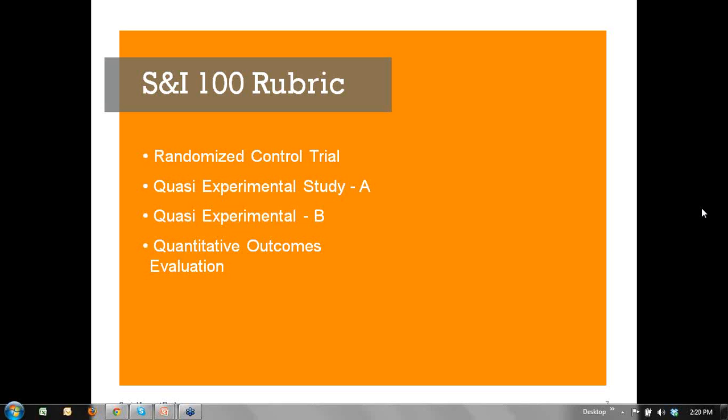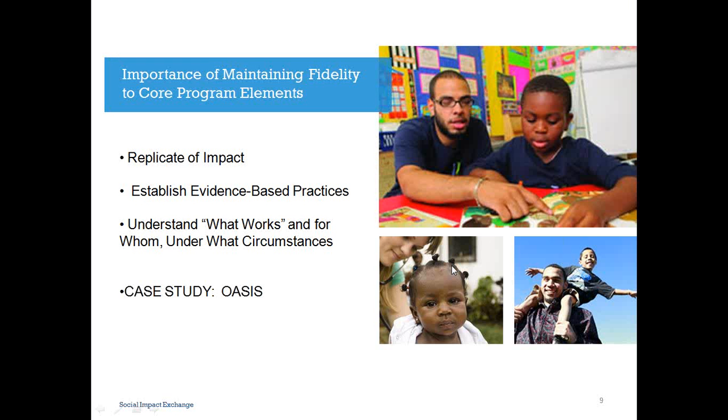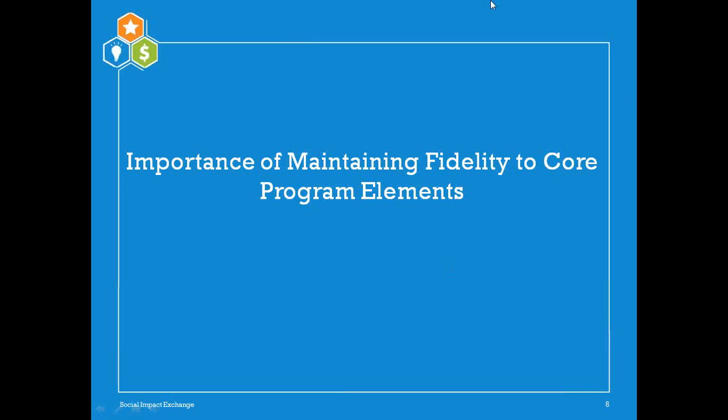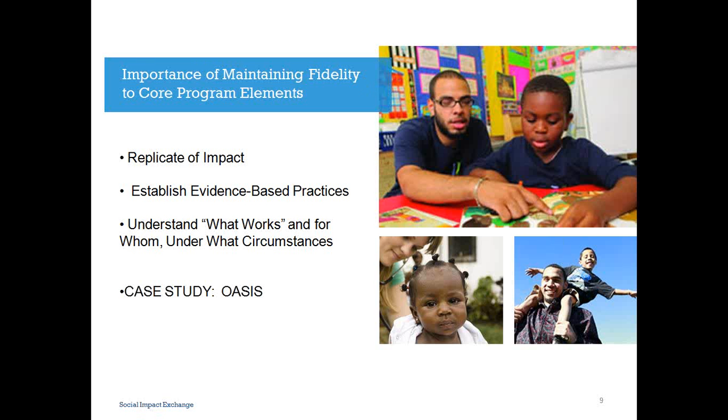So thank you, Fred, for highlighting those examples and hopefully putting some real-world examples in people's minds when they're thinking about what can sometimes be cumbersome methodological discussions. I'm now going to talk about the importance of maintaining fidelity to core program elements. I think there's a good link here between fidelity to core program elements and exactly what Fred was talking about before in terms of linking your match control group in your evaluations.